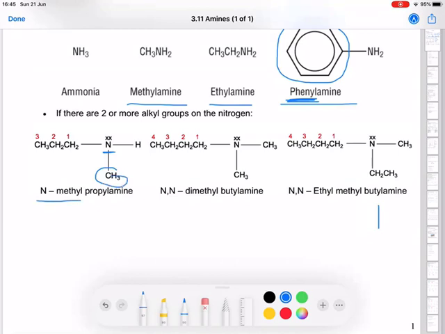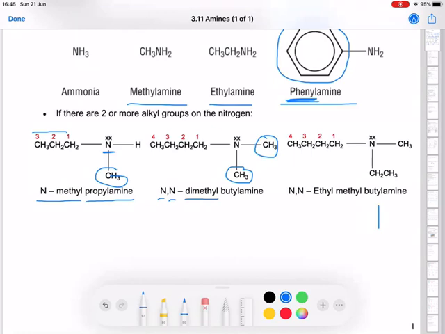And then I've got 3 carbons in the chain there, so that will be propylamine. In this one, I've got 2 methyl groups. That's going to be dimethyl, both of them on the N. If you think about when we do them with the numbers, we do something like 2,2-dimethyl. Well, because they're on the N, we need the N twice, so N,N-dimethyl